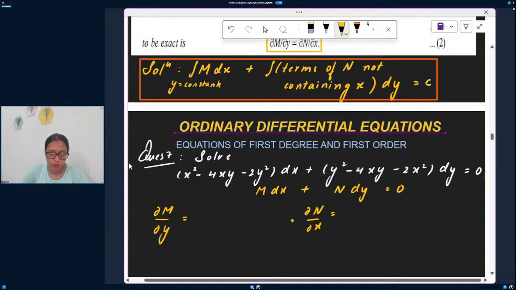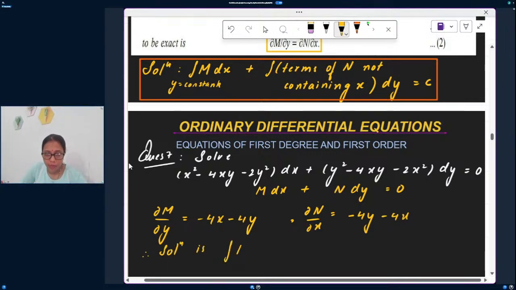If you differentiate it with respect to y, you get minus 4x minus 4y, and with respect to x, minus 4y minus 4x, which is the same. So what is the solution? Therefore the solution is